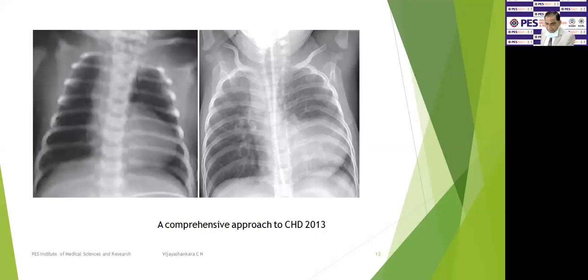Whereas in the right side X-ray, you can see that there is a boot-shaped heart, but the pulmonary vasculature is going up to the end of it. Yes, this is more of an increased pulmonary blood flow with tetralogy of Fallot, with the infundibular stenosis. So what has happened here is that multiple anastomotic channels have been formed in the pulmonary artery area, from the branches of the pulmonary artery, and it looks as if it is a plethoric lung field.